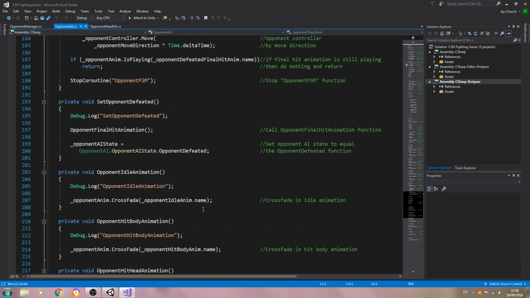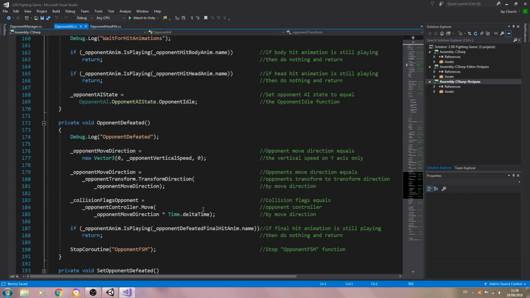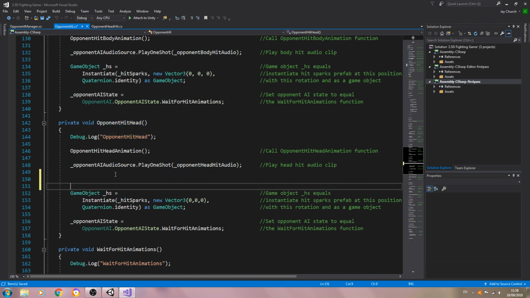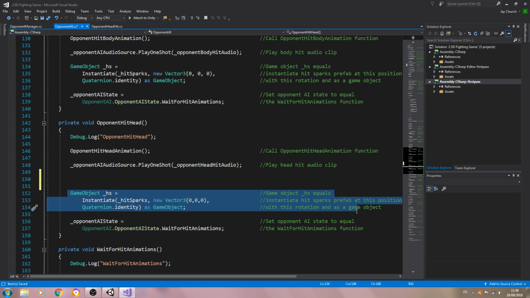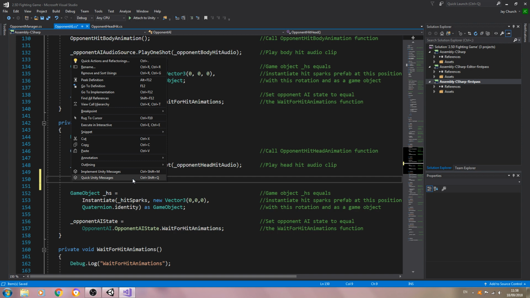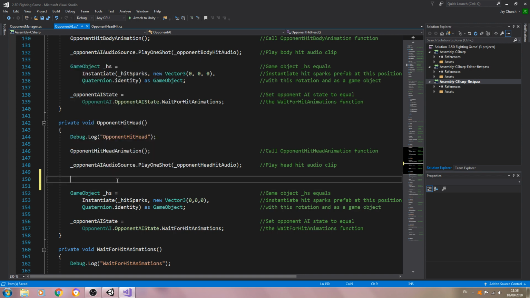So let's just scroll down. I need to find, here we go, opponent head hit void. Now we need a line of code, so make sure that it's above this line. Game object HS equals, and then we instantiate the hit sparks. As you can see, we're just instantiating it 3 zeros, a completely zeroed out vector. We're going to change that, but first we need to say,